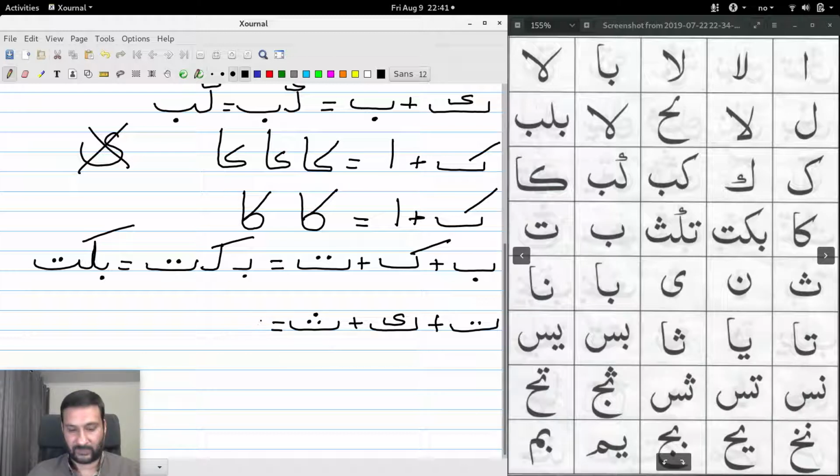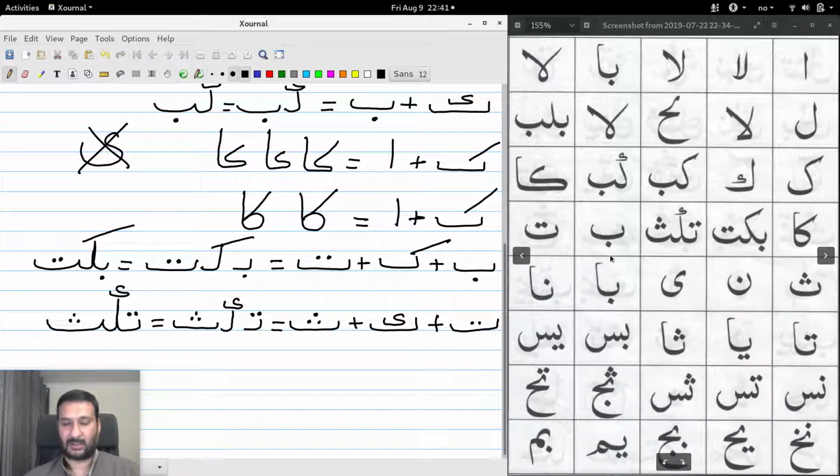And if you write them, this is the first part of ta, which is written like this, and then you write kaf with this sign on it, and then you write full tha, and this becomes ta kaf tha. Like so, right? So this was ta kaf tha, and now we go to the next letter, which is just an individual letter,